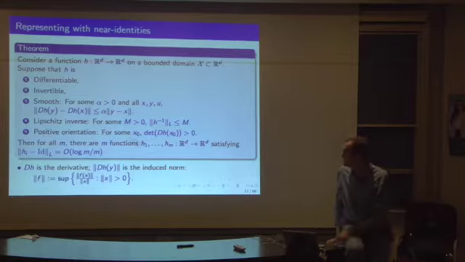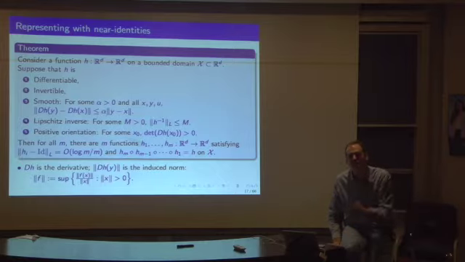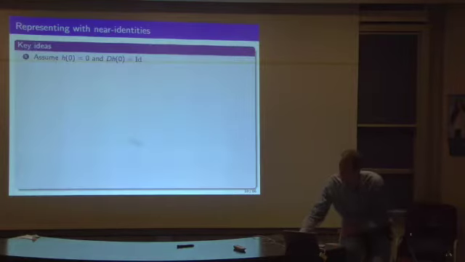And the conclusion is that for a depth m, we can find m functions that represent h exactly on this bounded domain, and the difference between each function and the identity gets flatter and flatter as m gets larger, at this log m over n sort of rate. Okay, so why is that true? I'll give you a quick outline.